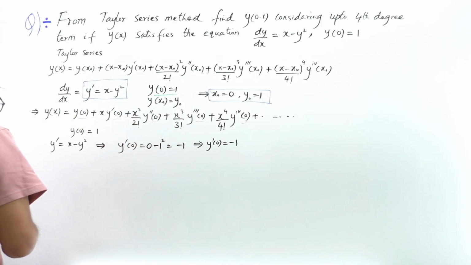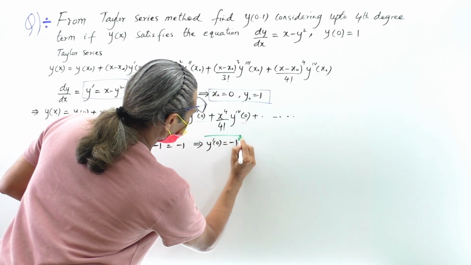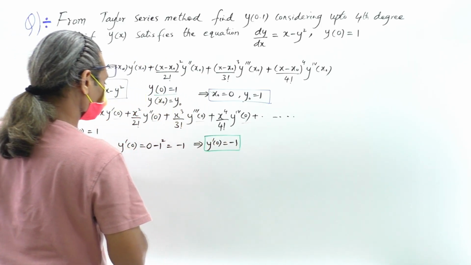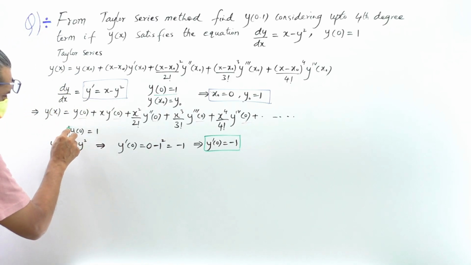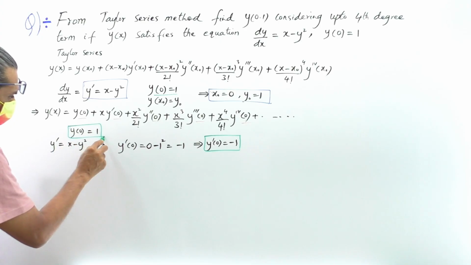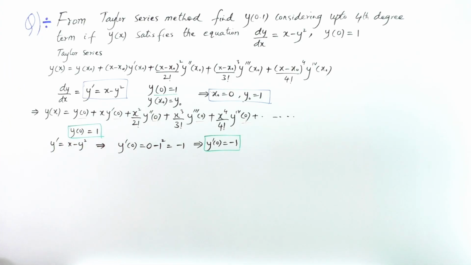So please do underline these values. Each and every step, if correct, carries marks. Fine. So we have found, okay, let's underline this also. y of 0 is equal to 1 and y dash of 0 is equal to minus 1. Fine. Next, y double dash is equal to,